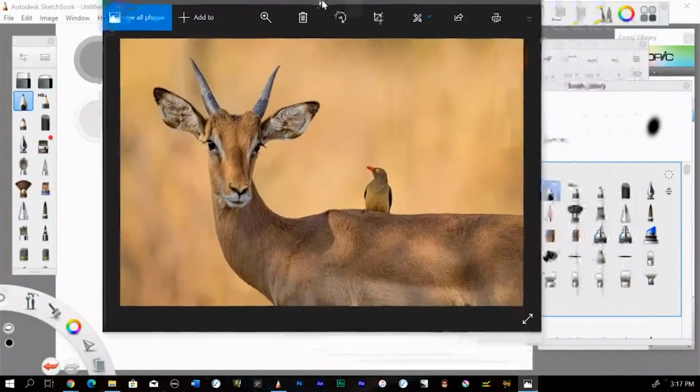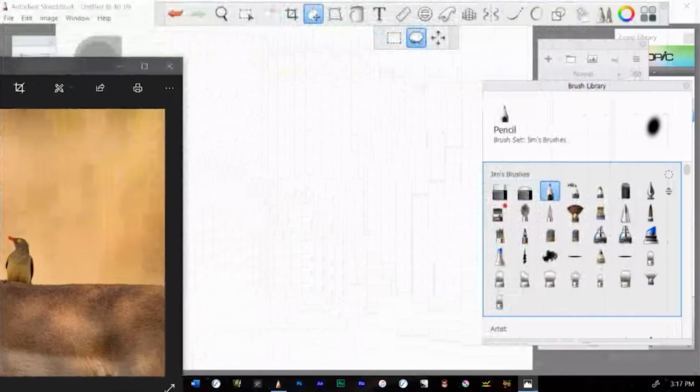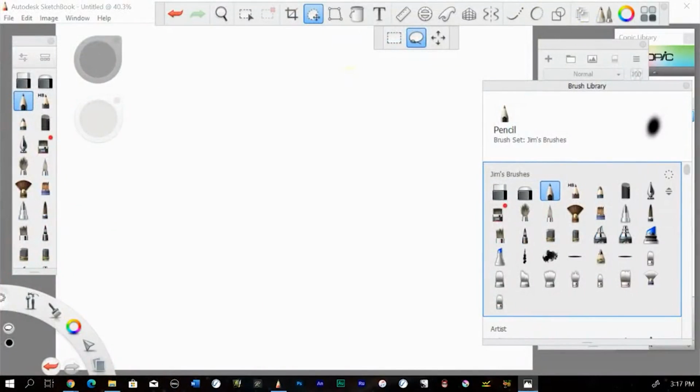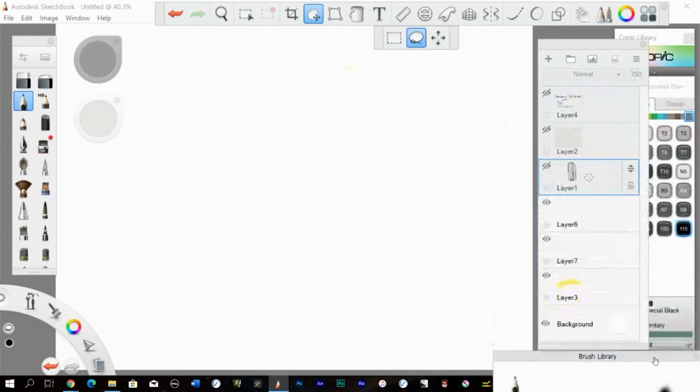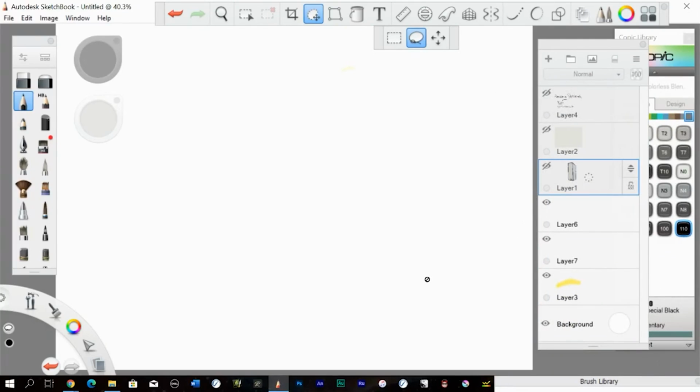I'm going to actually move this back to my main screen so I can draw. And we're going to do some cartooning. I had a lot of fun with that last week. I hope you did. And cartooning is kind of a really good way to practice your sketching and have fun at the same time. So we're going to take that photo and